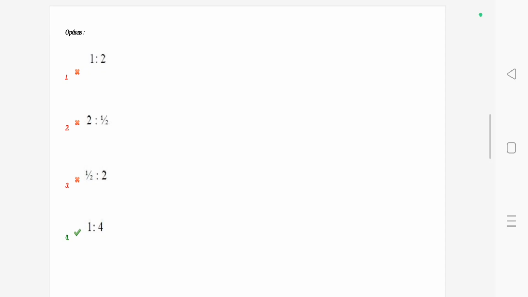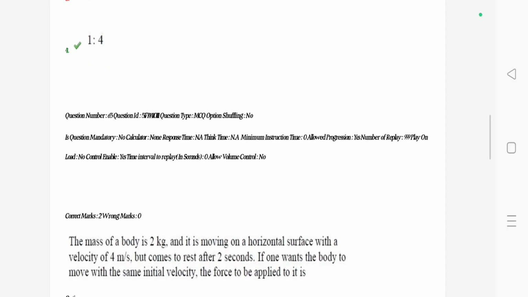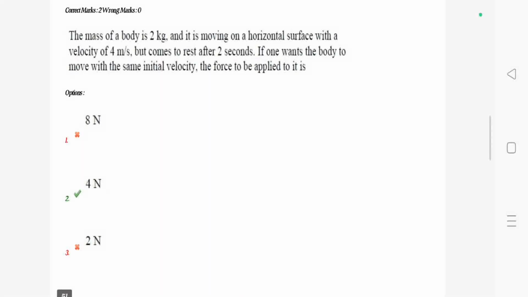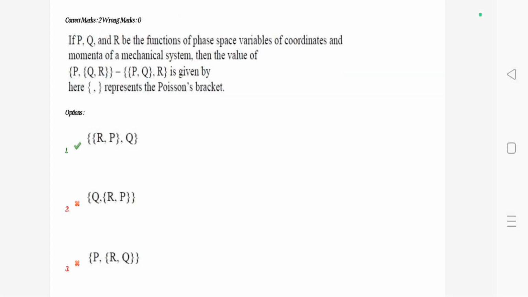I explained this in the video attached to this question paper. Now next, this also I explained. The mass of body is 2 kg, moving on horizontal surface with velocity 4 meter per second, but comes to rest after 2 seconds. If one wants the body to move with the same initial velocity, force applied is 4 Newton. Now next, if p, q, r be the functions of phase space variables of coordinates and momenta of mechanical system, then the value is